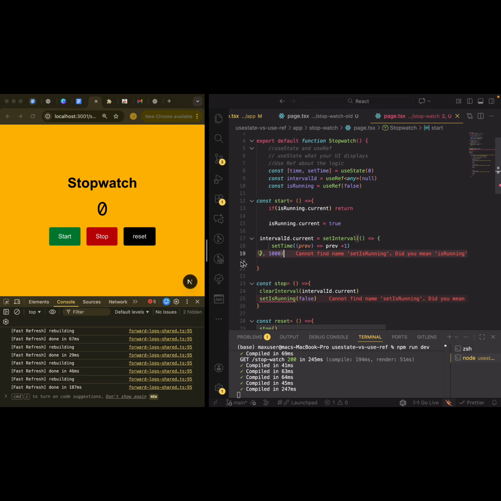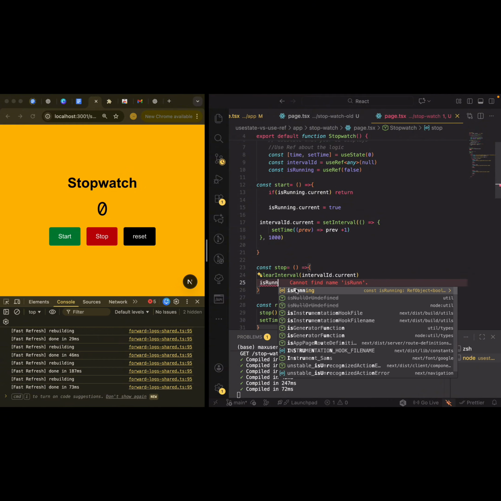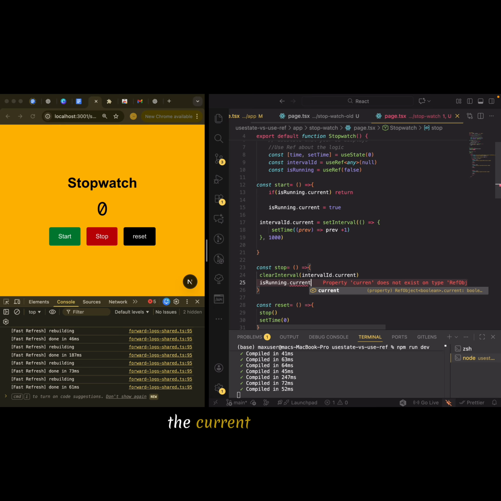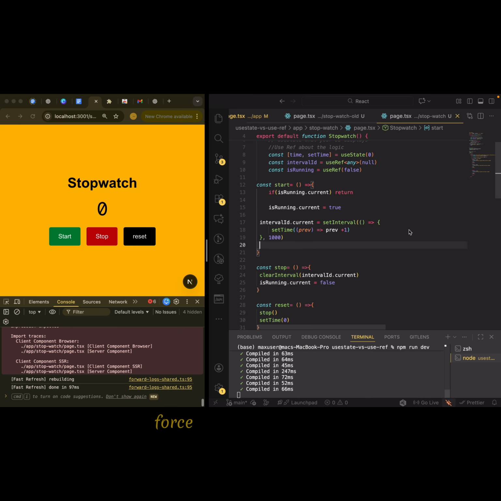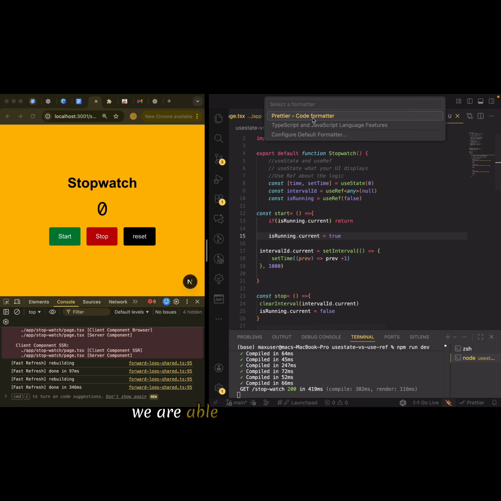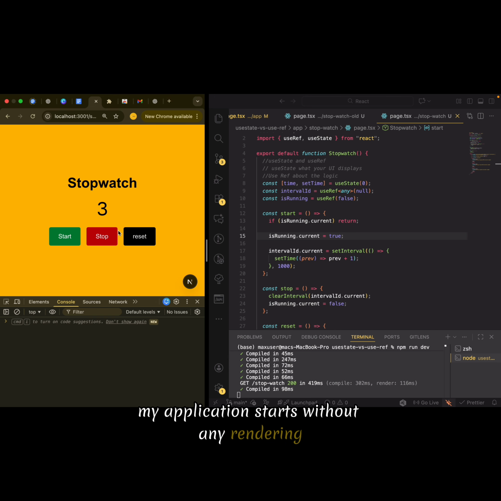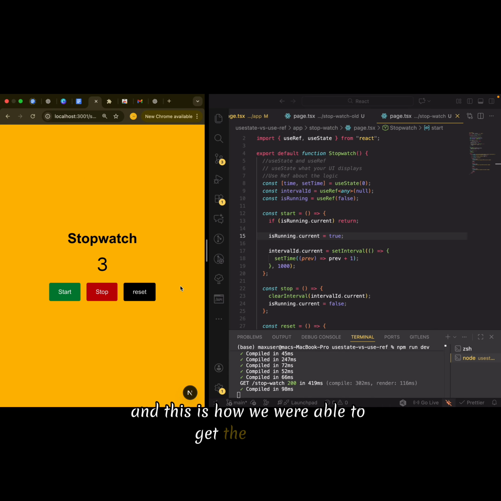and when you clear the interval, isRunning dot current is equal to false. Okay, and this is how we are able to create a smooth timer and create less rendering in our application. So like that, my application starts without any rendering on our terminal, and we stop at the appropriate time, we reset, and this is how we were able to get the smooth stopwatch application at the beginning of